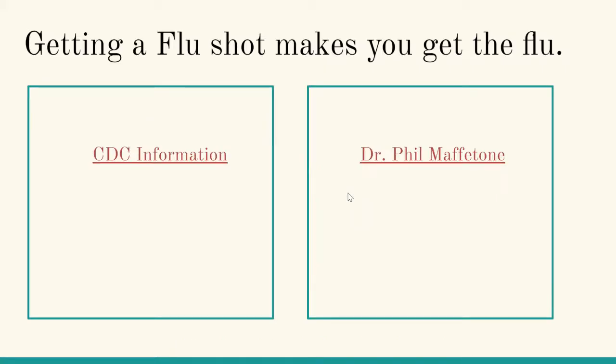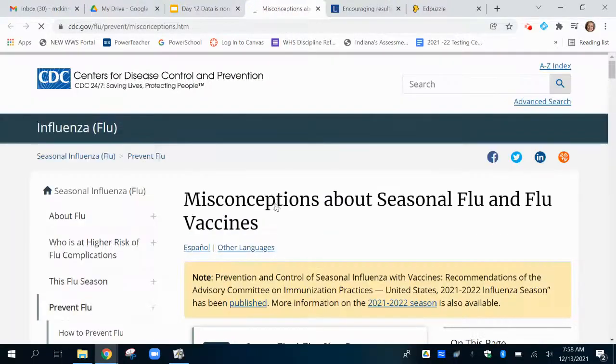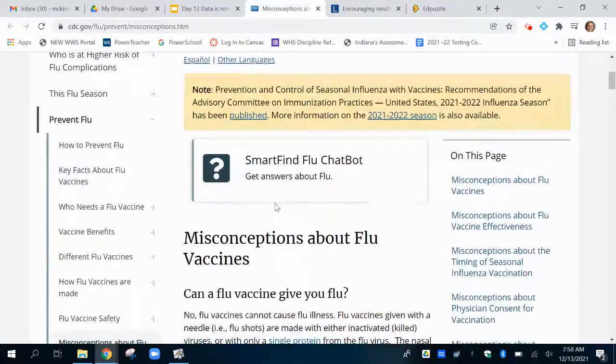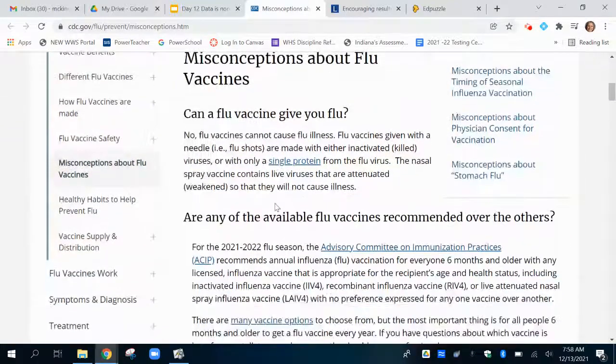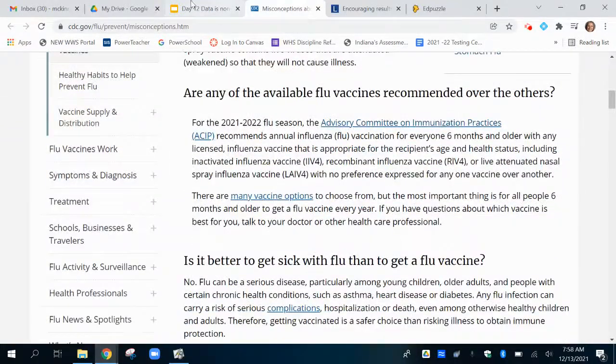So, here we have a couple of articles about the flu shot. Does it make you get the flu? You can go in here and look and see there are a couple of different articles. It'd be a good idea to again pause this, click through, and read them. But if we look at both of these articles, we'll see some different things showing up. Go through and see what you might notice or what jumps out at you when you look at each of them.